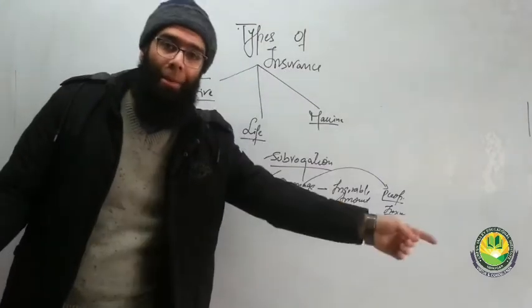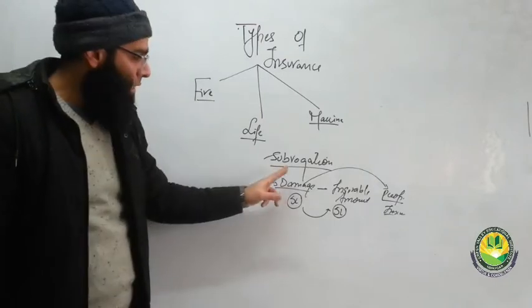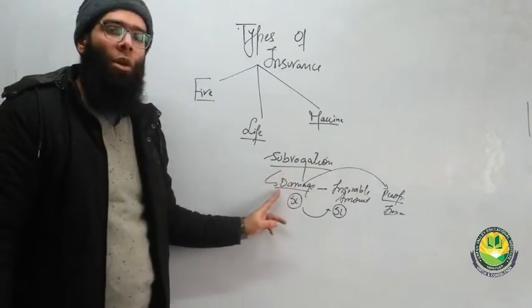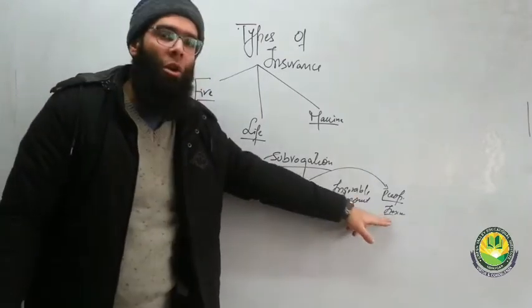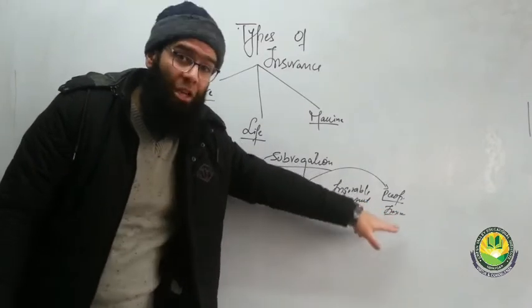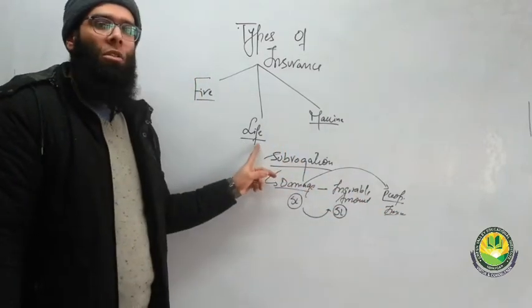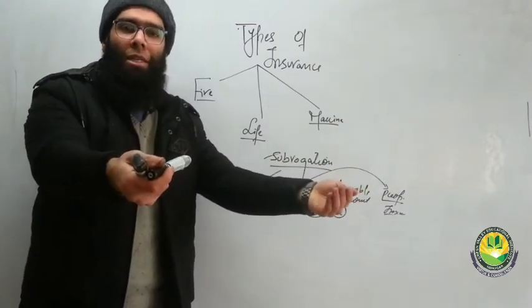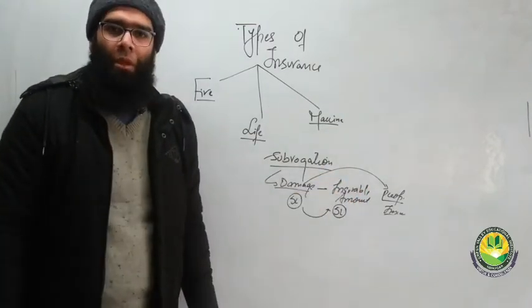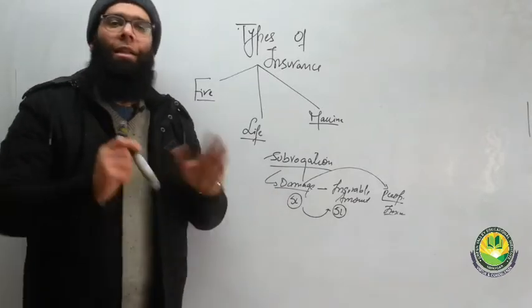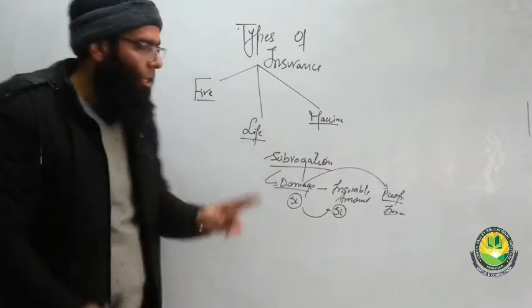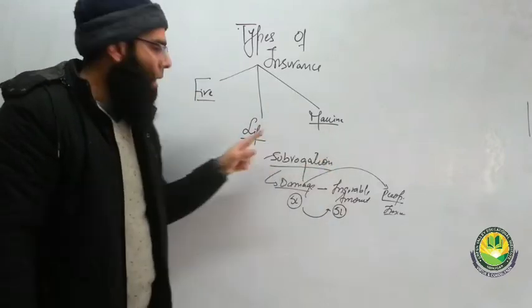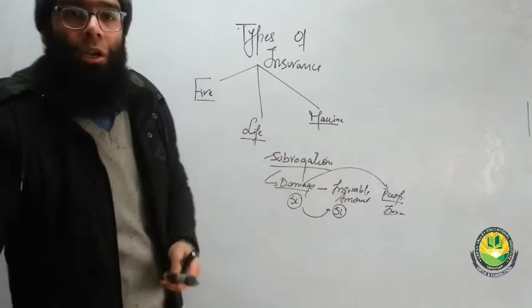It goes against the principle of indemnity. So the principle of subrogation says you have to hand over the damaged property to the insurer. It is his property. This is the difference. In life insurance, if somebody dies, you do not hand over the body of a person who has died to the insurance company. They come and verify the death and that is it. So the principle of subrogation applies to fire and marine, but it does not apply to life insurance.